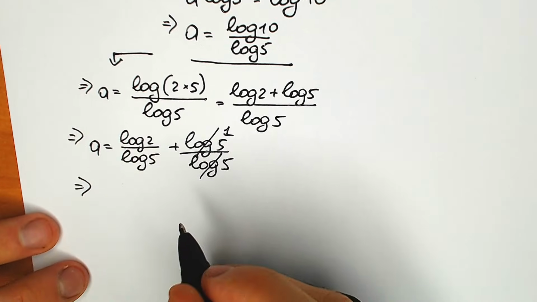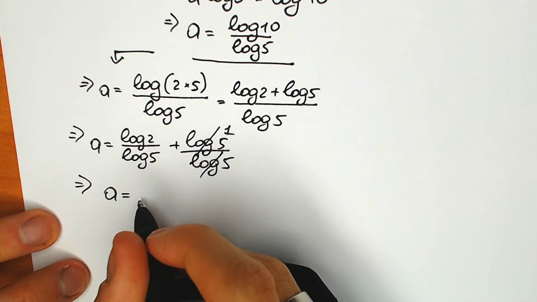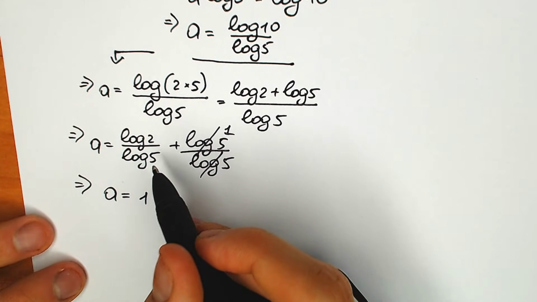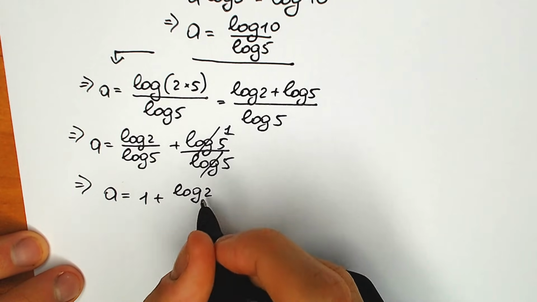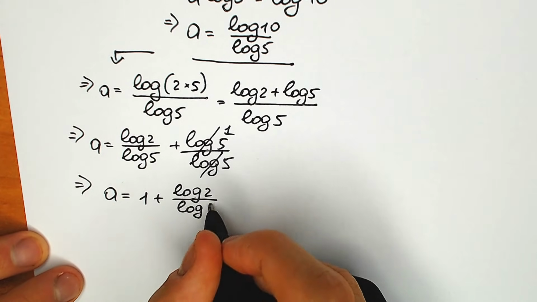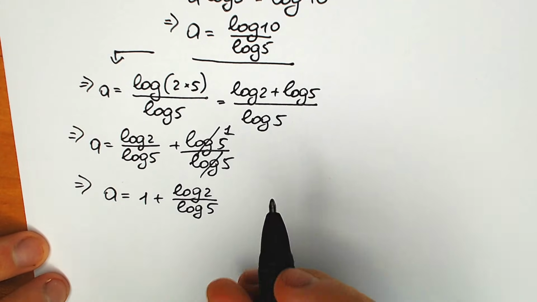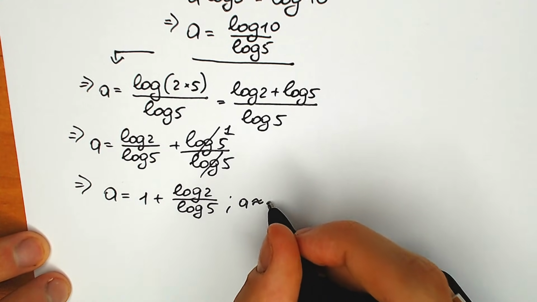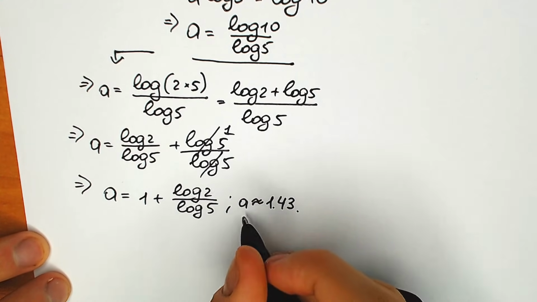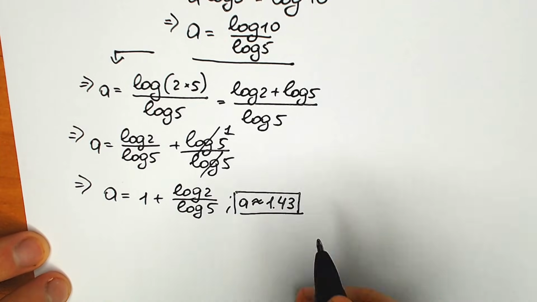So we have a equal to 1 plus, and right here we can't simplify this more. We have log 2 over log 5. Right now, a few tricks, because a is approximately equal to 1.43. Okay, 1.43. If you're interested in an approximate answer, a is approximately equal to